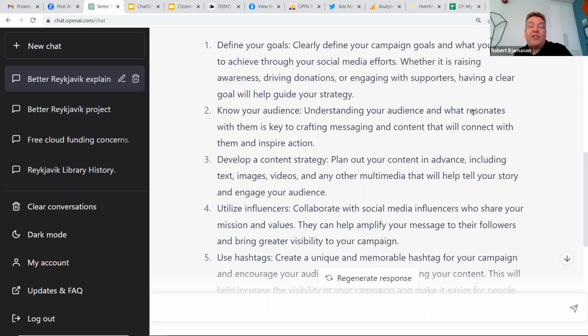And then number three, develop a content strategy. Plan images, videos. Videos are quite important. I mean, they're not the only thing that's important, but they are quite important. And as I'm sure you would find if you went into it with ChatGPT, focus on shorter videos, for example under a minute, and use all the different platforms.